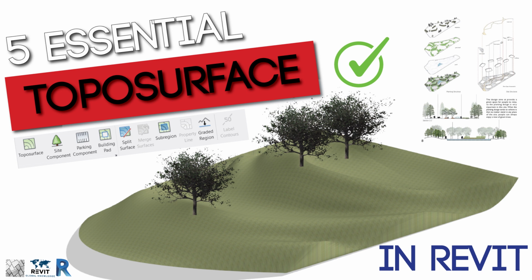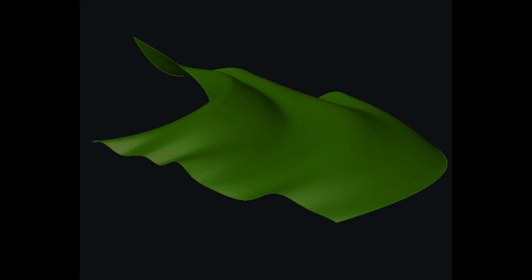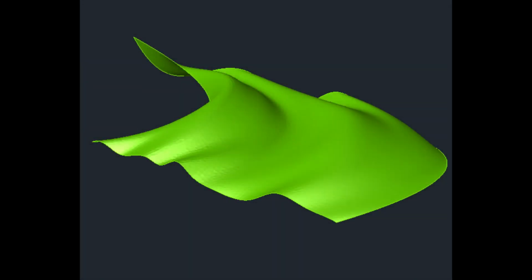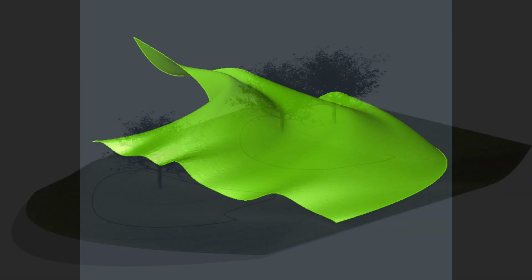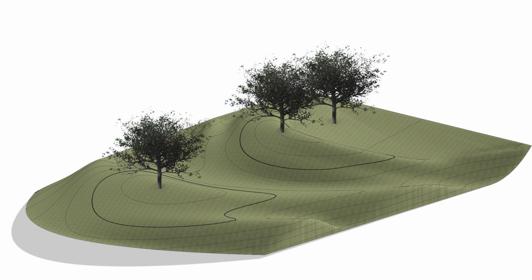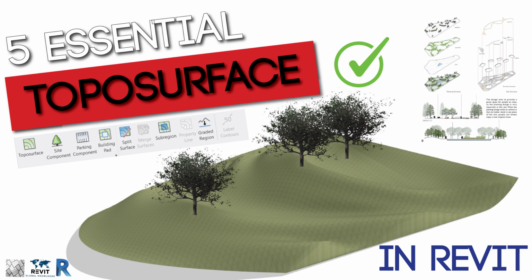mesh surface, a combination of these two, and how it works from split surface and mesh surface. And the last thing, which I am really interested in and like to use inside my project to solve my customer's needs, is changing from our conceptual mass to our Topo surface. I always create that to show my client when I want to add a mountain or river on my Topo surface to make my project more interesting.